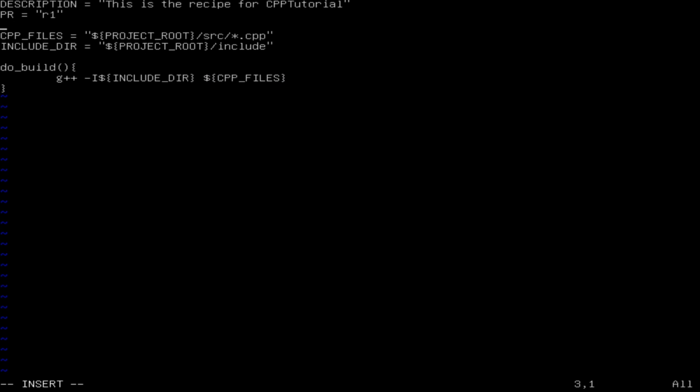But let me change this, the source files. I think this is way better. The source files, and the output will be CPP tutorial binary.